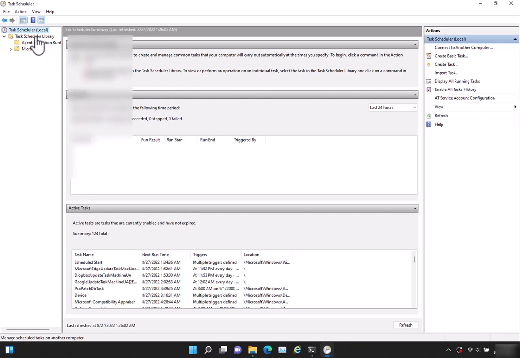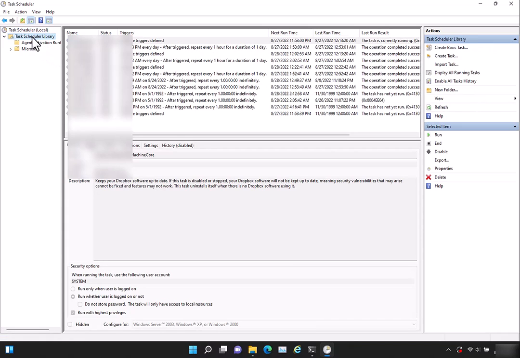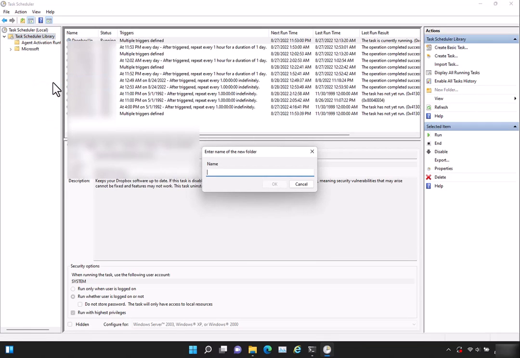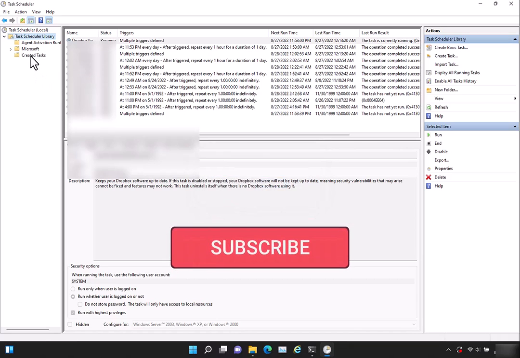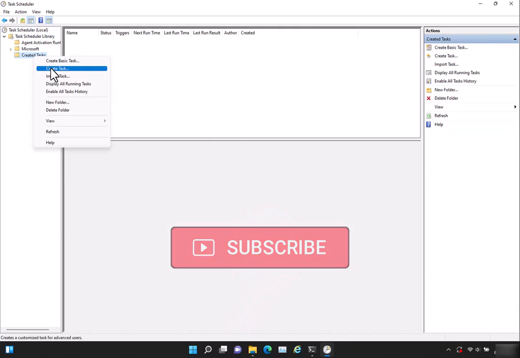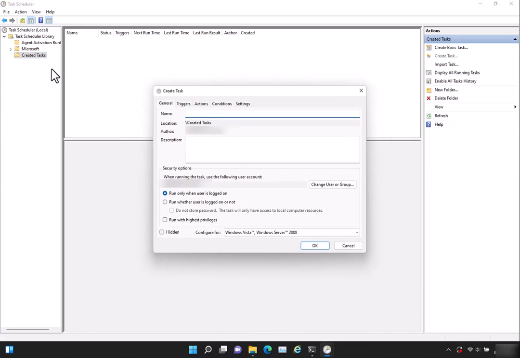Okay, at this point we're going to go to the Task Scheduler Library. Then we're going to right click and hit New Folder, and we're going to name it something like "created tasks that we made," and click on it. Then we're going to right click in here and click on Create Task. In here we're going to name it "create a previous version,"